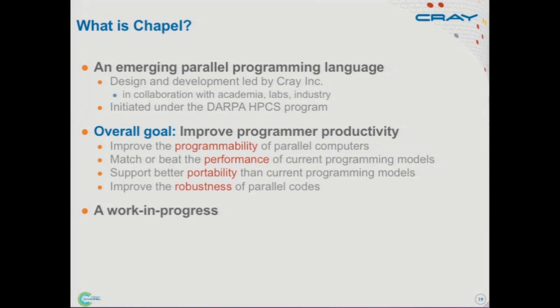And then the last thing at a high level I want you to know about Chapel is that it's a work in progress. The language and the implementation are still very much actively being developed. That's bad if you want to use it today. You can use it, but it's not incredibly stable and robust and fast yet. But the good thing is, if you kick the tires and give us feedback, it's not too late to improve the language if you think we've done something wrong.